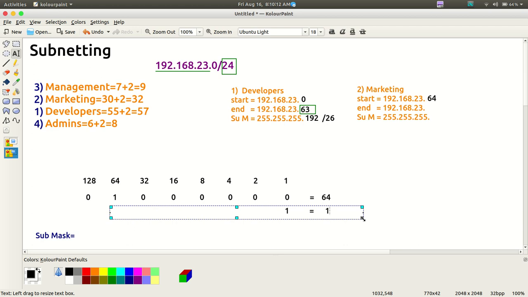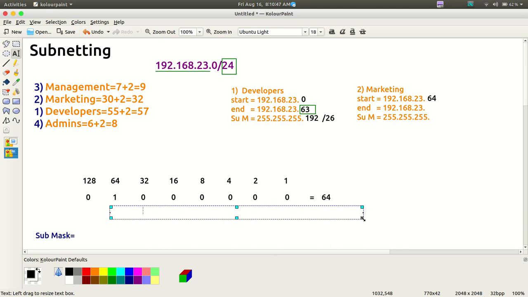Normally, in mathematics, starting numbers are smaller and ending numbers are larger. So if you get 1 as your ending IP address and you started at 64, you are going in the negative direction, which we cannot do because we have already assigned those previous IP addresses to the developers department. So in this case, we first have to enable